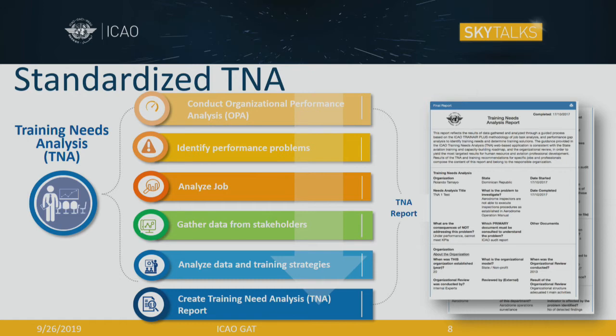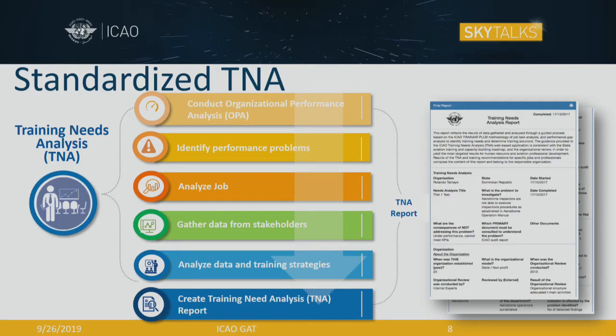Following this, you do a job analysis, gather data from stakeholders and ensure that the data that you've collected is accurate and the criticality of the performance problem is identified. And finally, you take a look at all of this data and determine if the solution will be a training solution or otherwise. The last step of the training needs analysis process is the generation of a report that